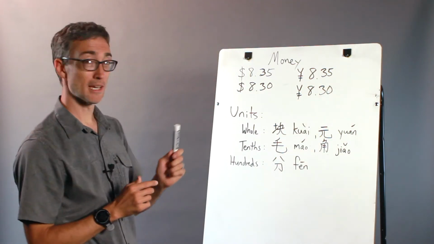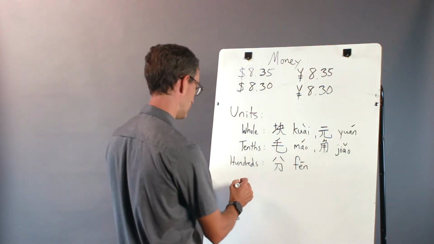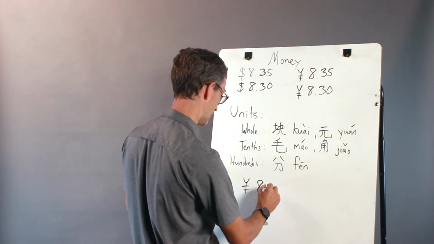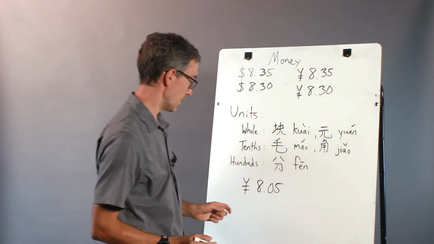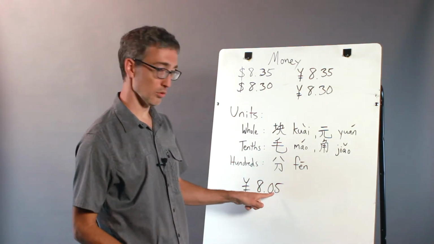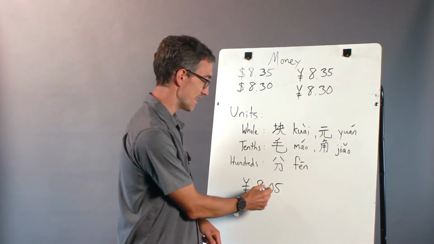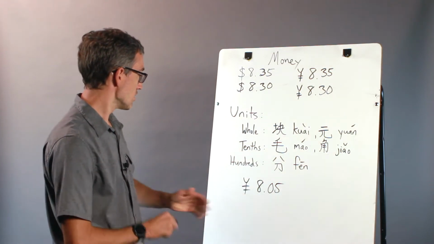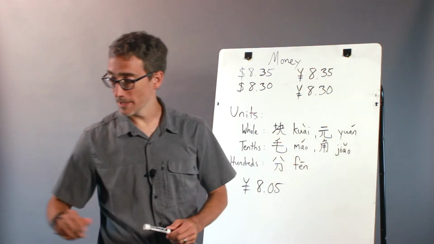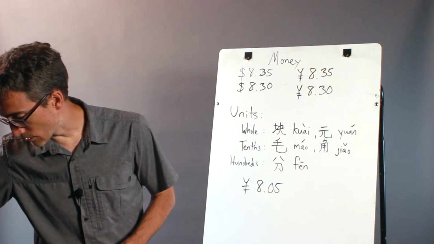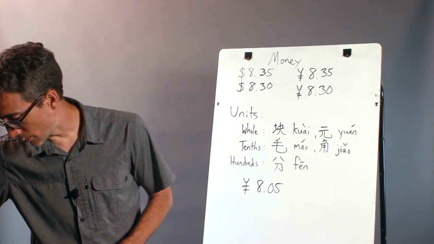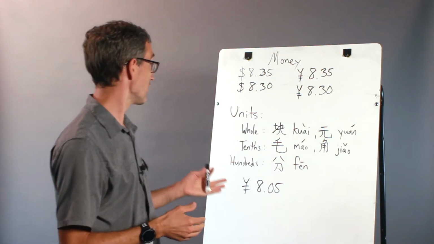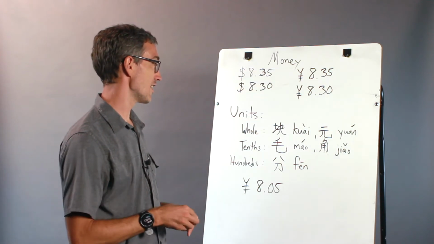So if you do skip a unit, for example, if you say something like this, which, like I said, you'll see very little in China now, this would be 8块05分. The ling indicates that you've skipped a unit, just like when you're talking about numbers generally. So that's how you talk about money. Let's see if there's anything else I wanted to talk about here. I think that's it. I didn't go into a lot of detail with a lot of examples, but